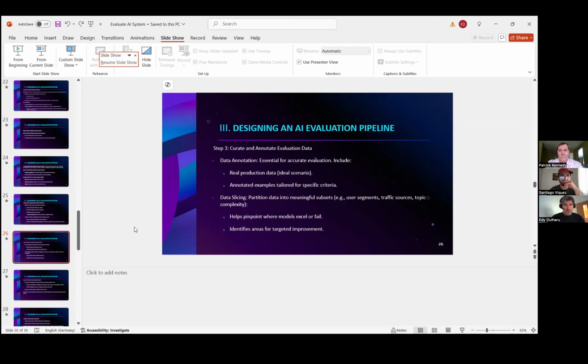Another step is to curate the evaluation data, and I will give an example after that to see what it means to curate and make data annotation. This data annotation and curation has to do with the real production data.